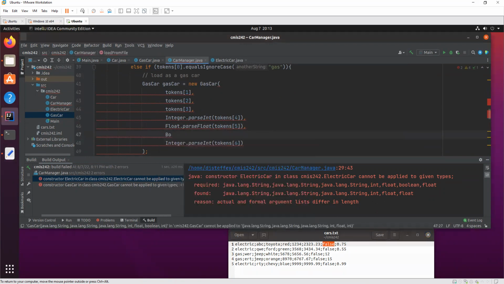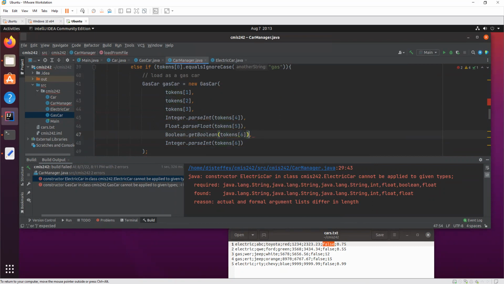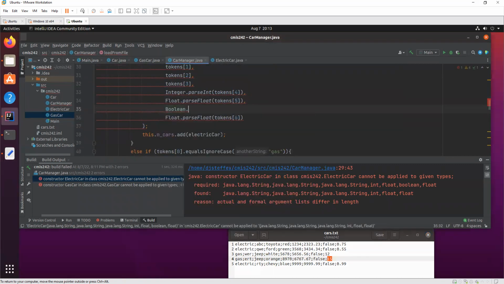So that's going to be a Boolean, parse Boolean. That's now token 6, which means it bumps this one to a token 7. It is now the 7th one for gas car, the gallons. Let's count it. That's 0, 1, 2, 3, 4, 5, 6, and then 7. So that's right.